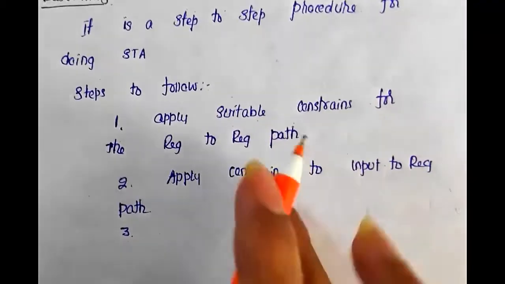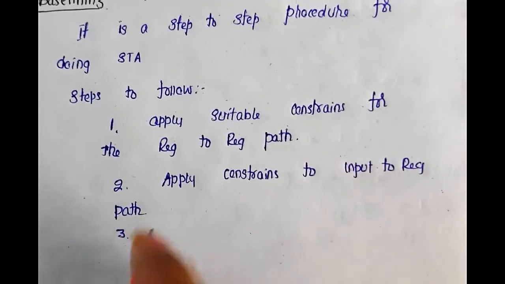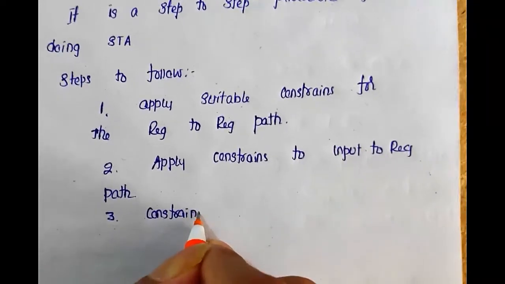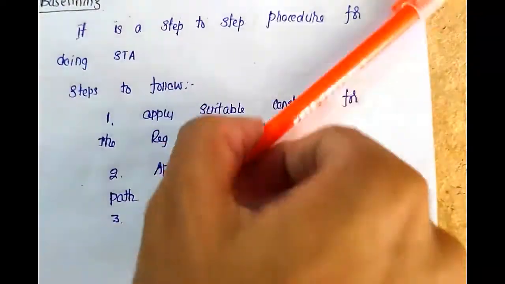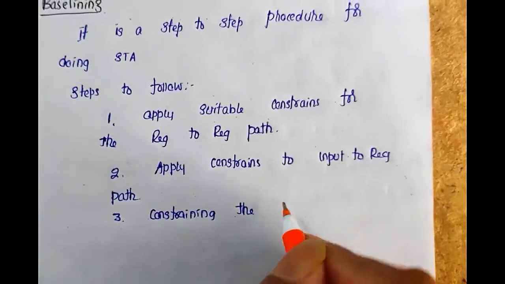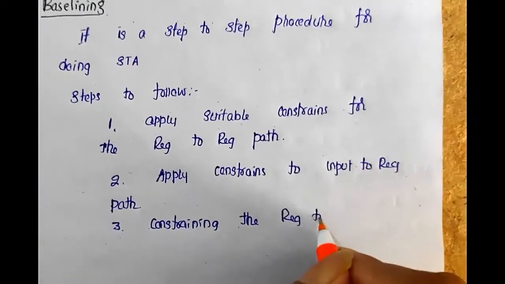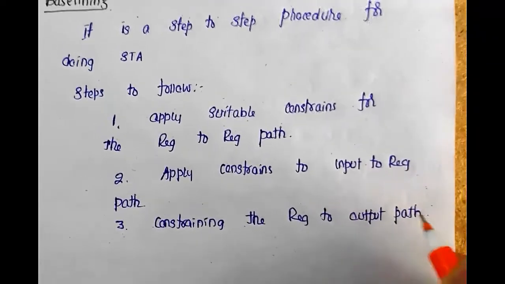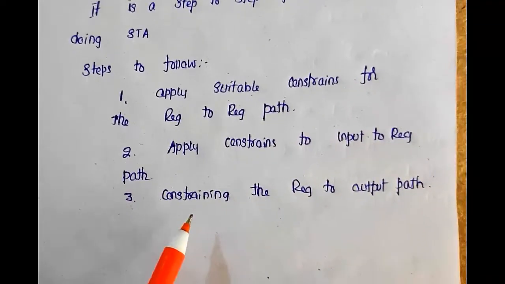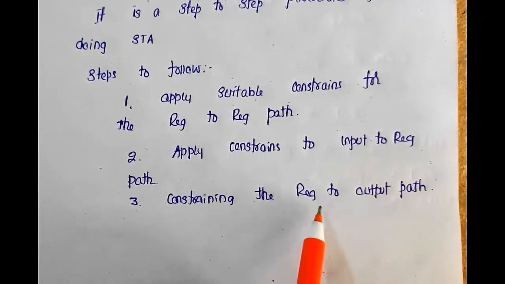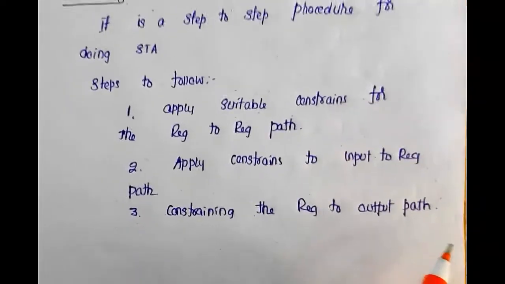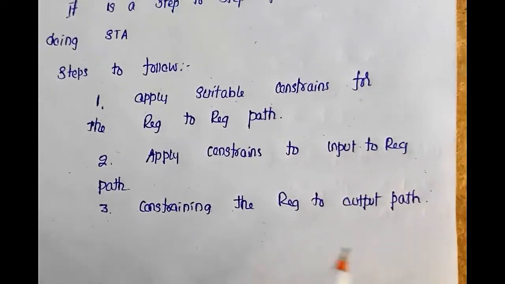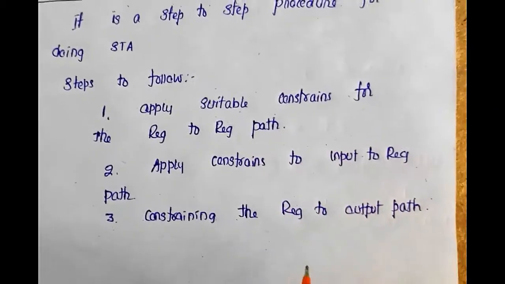Once those two are constrained, then you can go for constraining the edge to output path. Once it is constrained, you can constrain the edge to output path. It is nothing but set output delay. Always set output delay should be minimum, so that you will get a better slack. So once all these three are done,